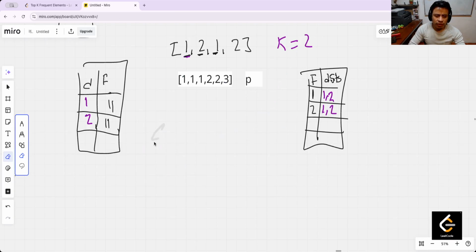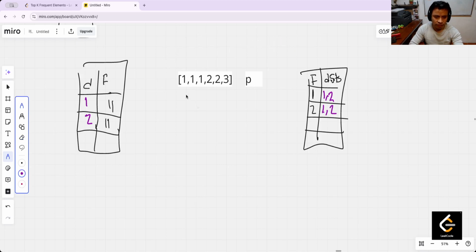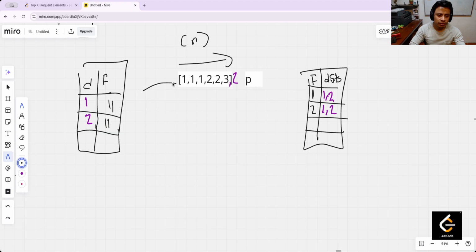Now, the problem with this is that I need to traverse the original array, which is n, so the time complexity is linear. I think it's okay if I use this. Now I need to traverse this too. For this operation it's constant. But the situation here is